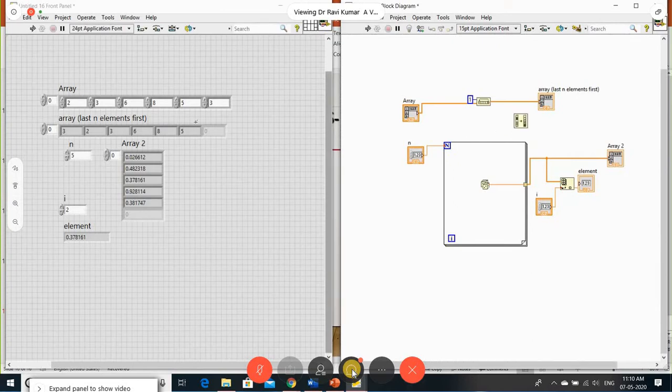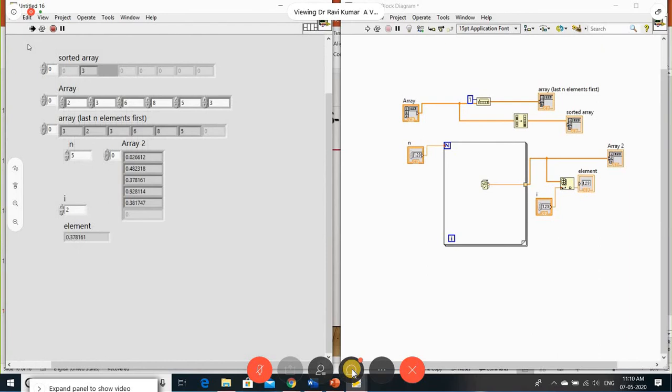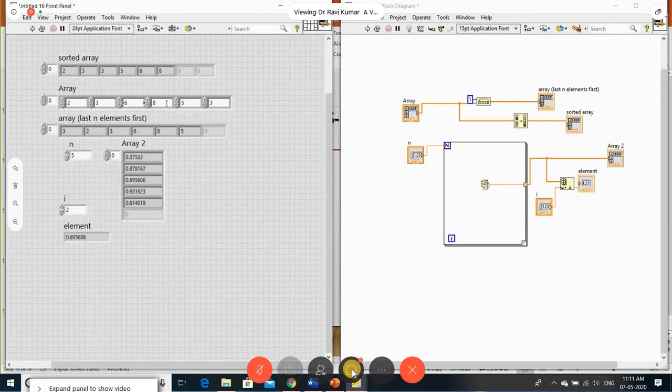So I'll just take the same array. Before rotation, I've taken this array. Let me see it after sorting. Now you can see this is the given input array.